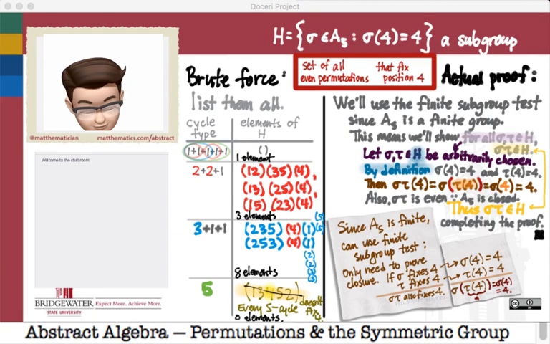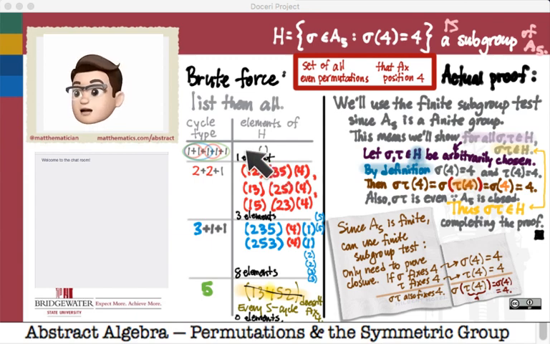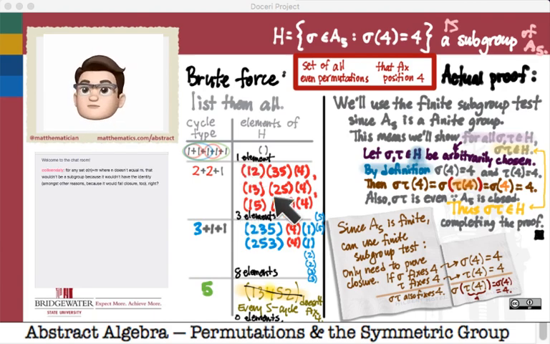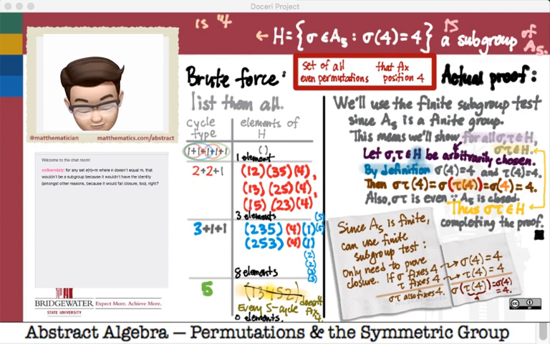And I want to just close by making the following observation. So we just showed that this, in fact, is a subgroup of A5. And here's my last observation. This is a group that has 12 elements, 8 that have this cycle type, 3 that have that cycle type, 1 that has that cycle type. It turns out, and we'll be able to make this more concrete in our next chapter, that H is the same as the group A4,